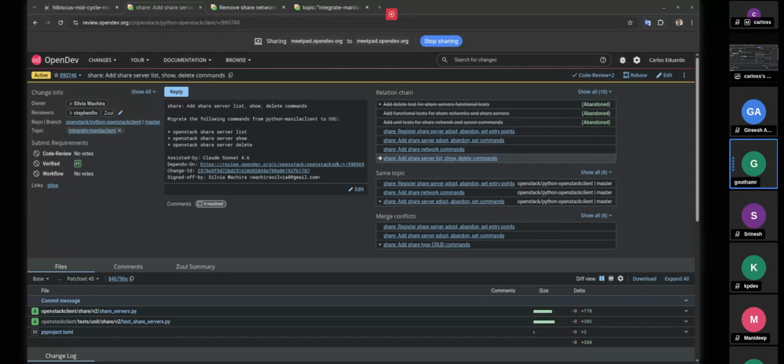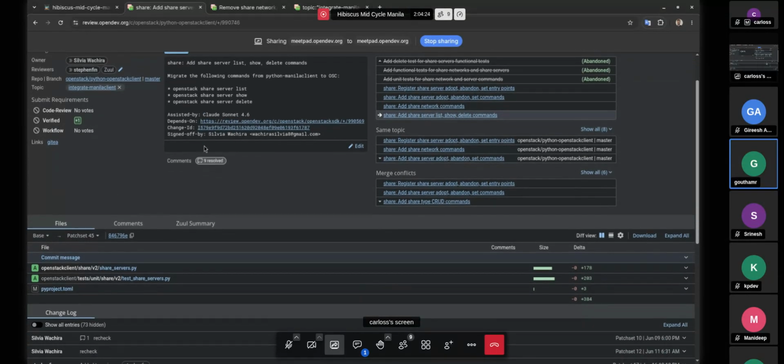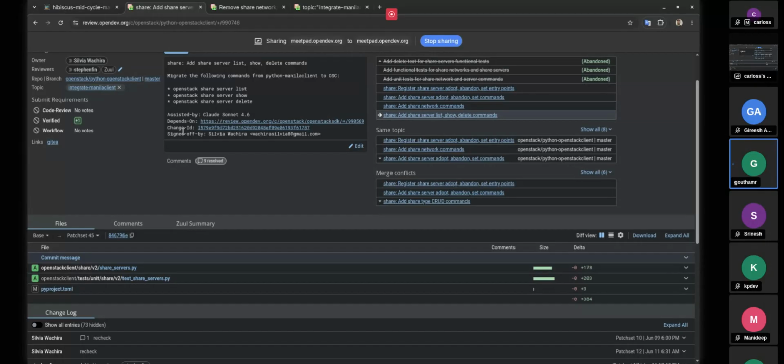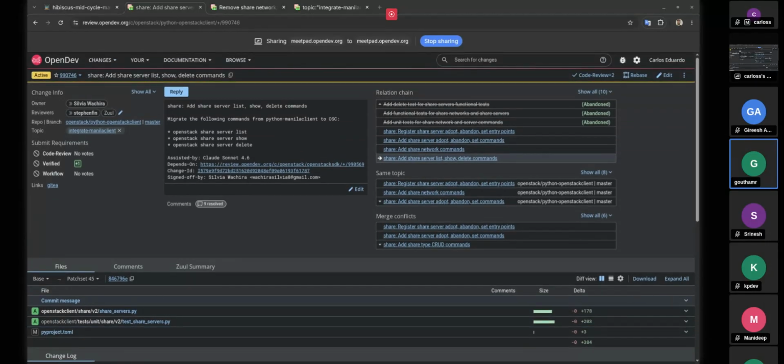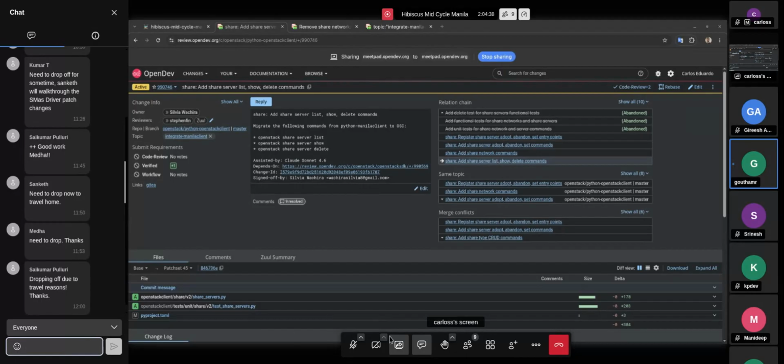That said, I think this release itself, we are seeing changes to share servers, and Sylvia is actively working on this share servers patches. This is the one that Carlos has got on his screen. Which means that the share server replica, create share server replica, promote, etc. All of those workflows are going to be affected when we make this migration. So far, the migration is a copy and a disable, but eventually the migration will be a move.